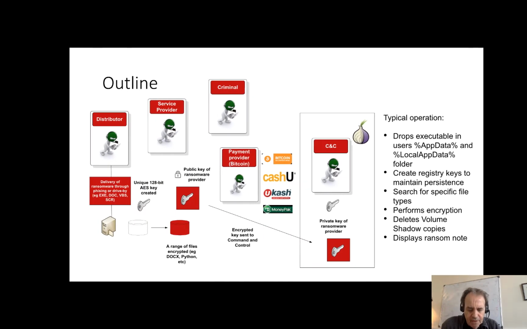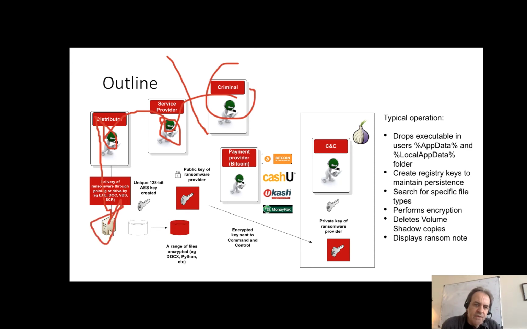So the way it typically works is like this, so that you have your criminal. There is a service provider on the dark web normally to provide a console for them to be able to log into, to be able to find their campaign and then collect the money and see how successful they've been. There is then some sort of distributor, typically a phishing email type distributor here, and then that's delivered through some sort of vulnerability on the system, through VBS, a document, Java program, and so on.